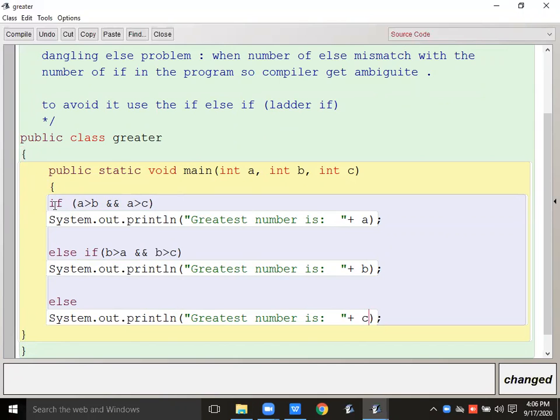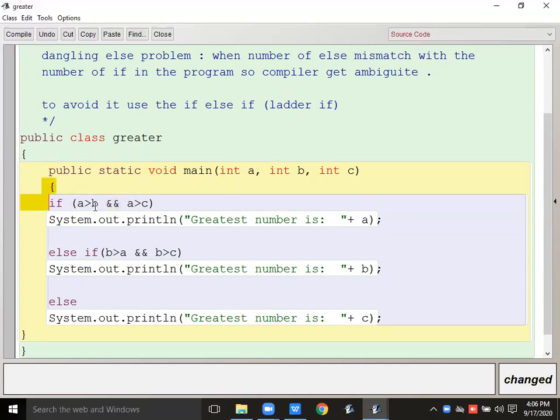Now the compiler will execute it and check the first condition. If both conditions in the if are true, okay, I have given the AND operator, so when A greater than B is true and A greater than C is true, then this AND operator is going to return true. The logical AND operator returns true when both conditions are true.